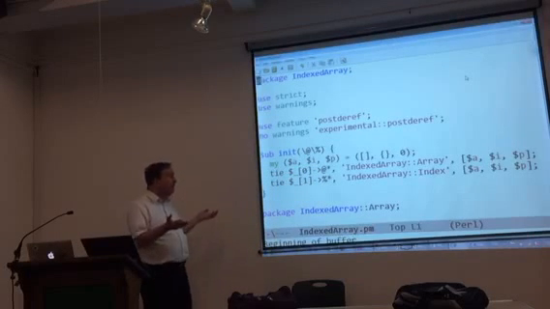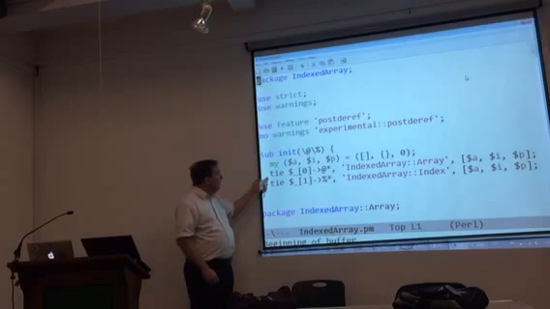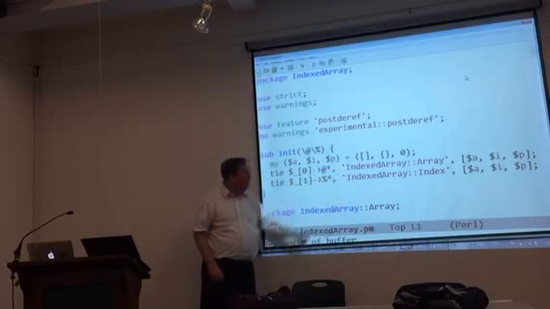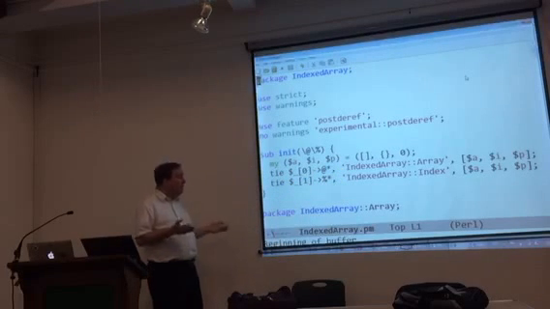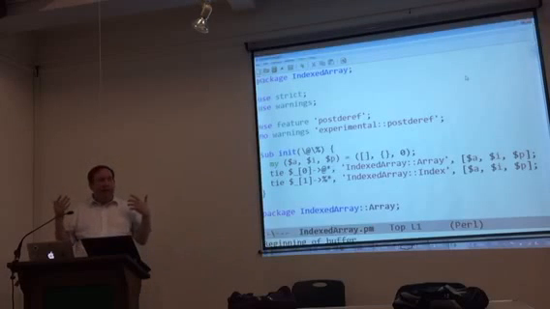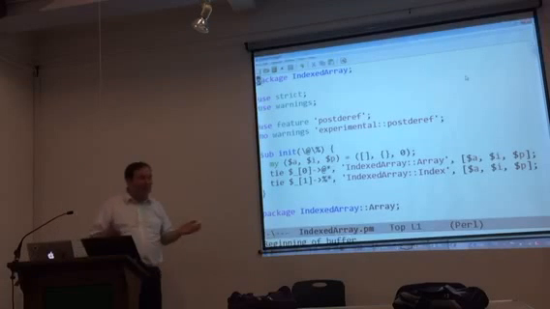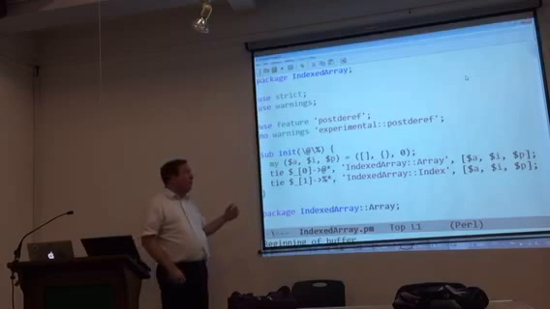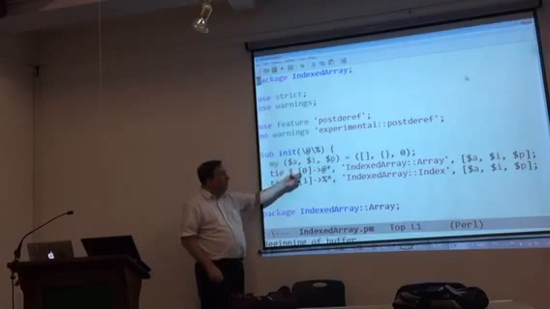Alright, so what is tie? Tie says we're tying an array to a package called IndexedArray. That means the package IndexedArray has to be able to do everything that you want to do to an array. You want to be able to set a value, look at the value, do splice, push, pop, whatever. But what happens is, with the tie,